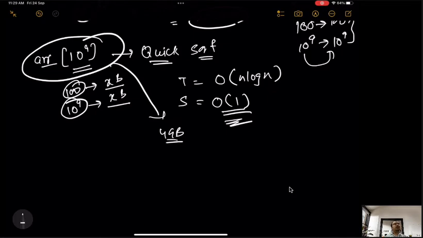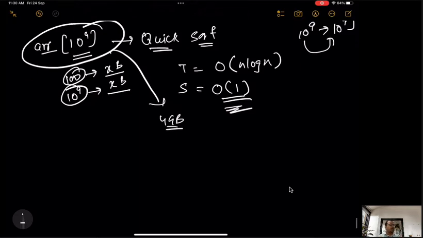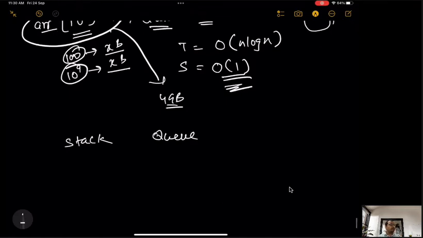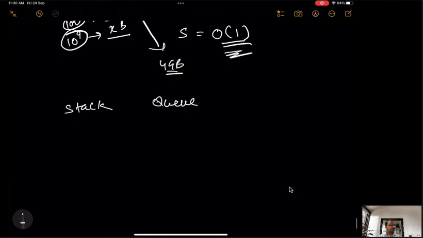We will talk about space complexity and time complexity in each case, in each data structure, wherever we use it. Now let's compare the stack and the queue.